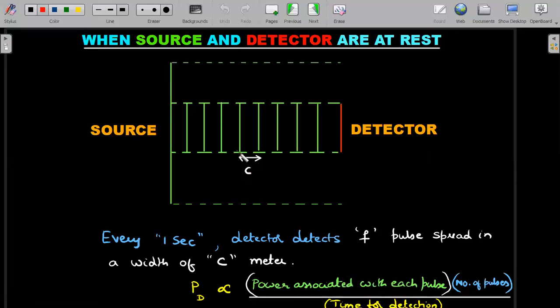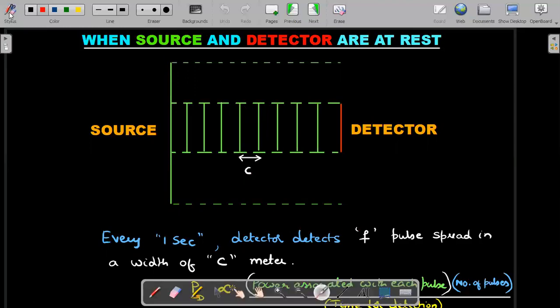So in 1 second the sound would travel c meters. Okay, so that's what the idea is. Within the 2 lines that I've drawn, there are many more pulses, and the number of pulses in that gap is f. That's why we say wavelength is the distance between 2 consecutive pulses. So if this gap has f pulses, then each consecutive pulse has a distance of c by f. That's the basic definition of wavelength.